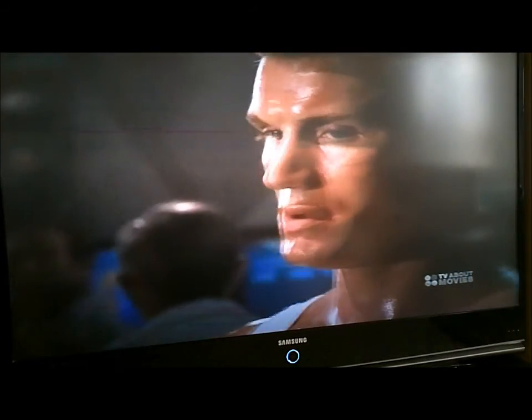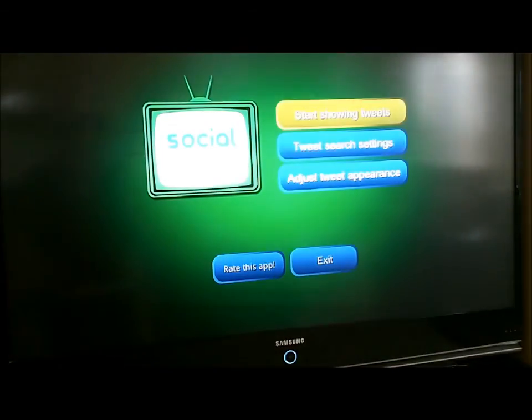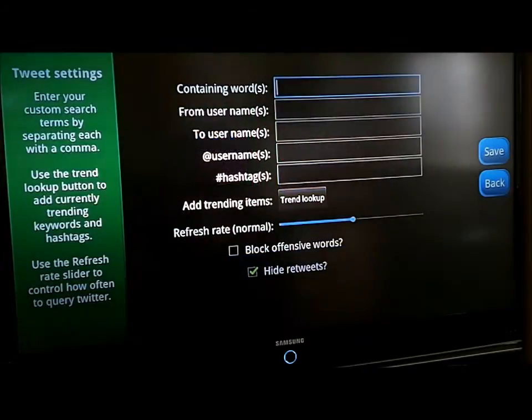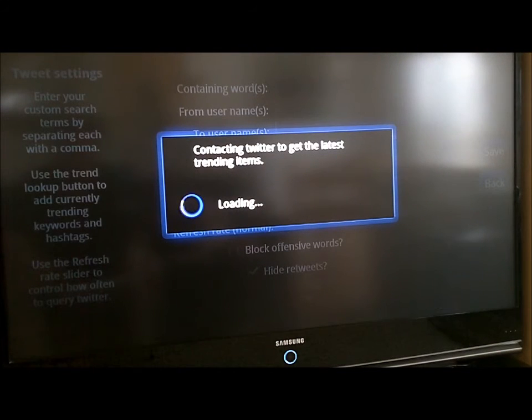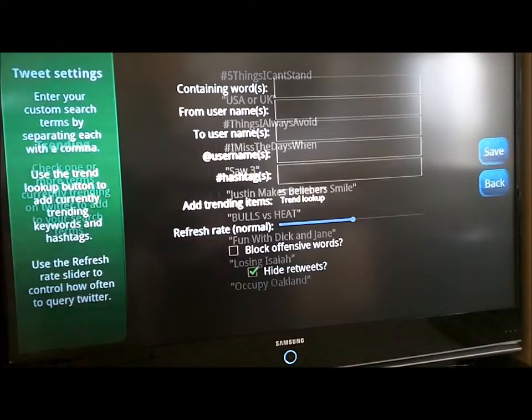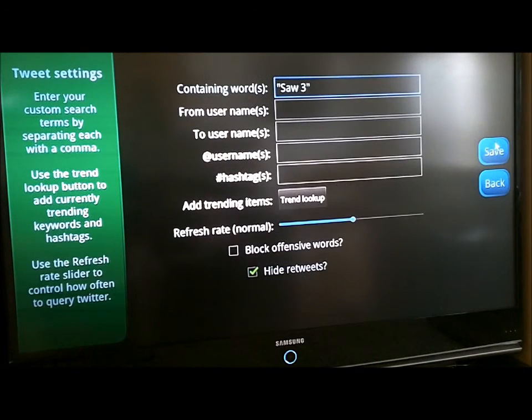All right, so this is funny. Again, I'll go back to the tweet search and look up trend lookup. Every time you hit that button, it'll refresh to what are the current trends. I noticed that Saw 3 is trending, which is 5th on the list, so I'm going to click that. What that means most likely is that Saw 3 is on somewhere, on a channel. So I put Saw 3 in there, save it,